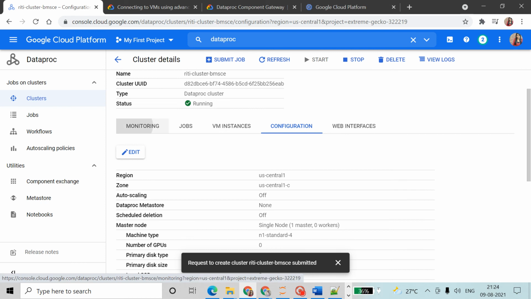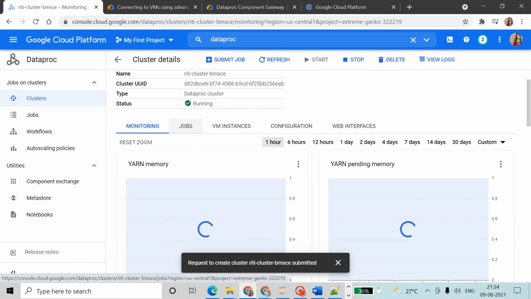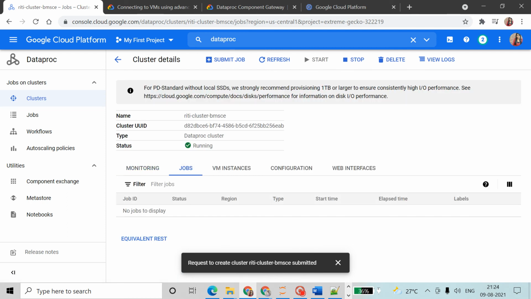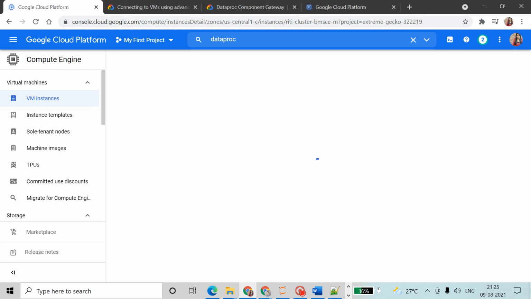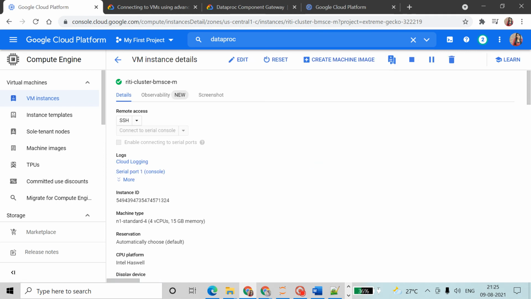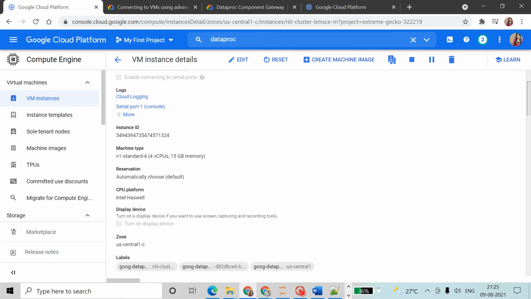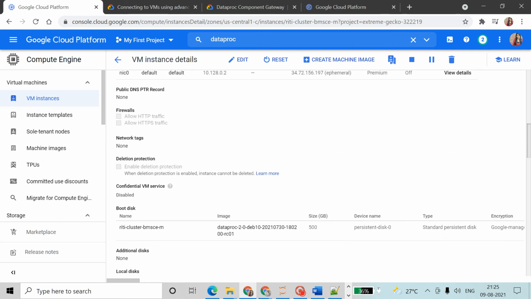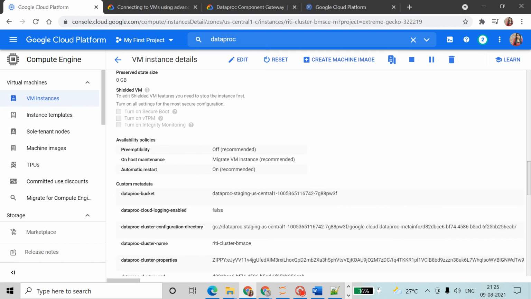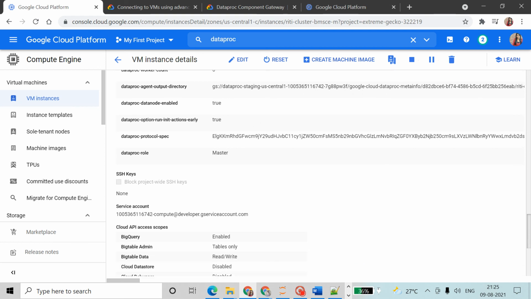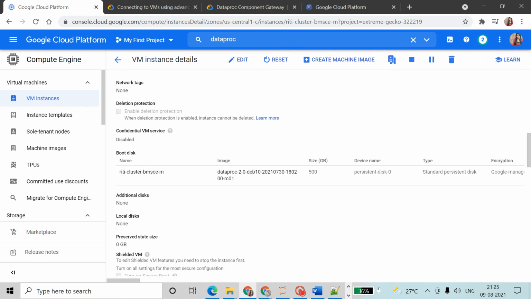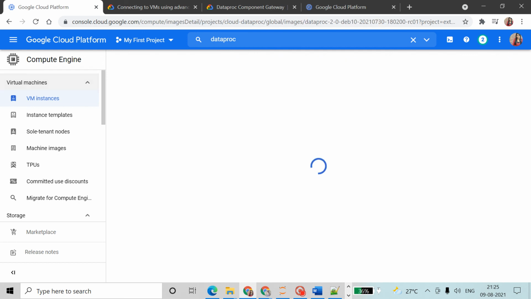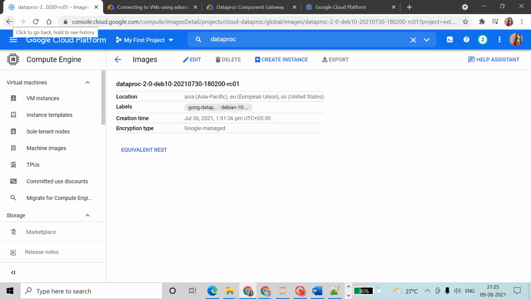Wait, we have to search for our IP address, where that is created. One second, we will search our IP address.